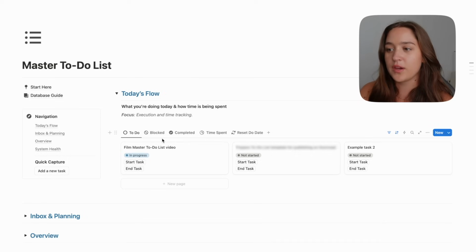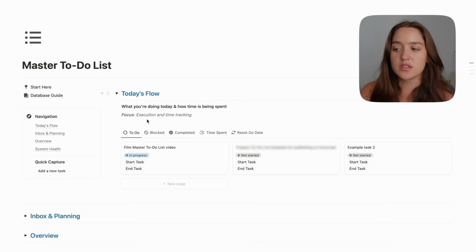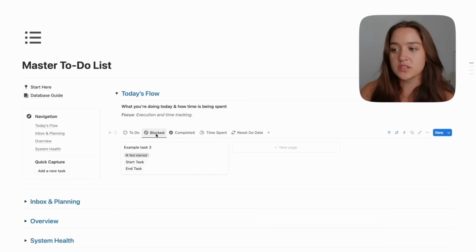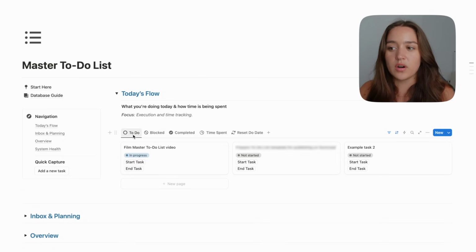So in Today's Flow, we have 5 different views. To do are the tasks that you have to do today. Blocked are the tasks that are blocked by another task. So for example, let's say I need to hoover and mop the kitchen. I cannot mop the kitchen until it is hoovered. So I don't want mop the kitchen and hoover the kitchen, those two separate tasks,